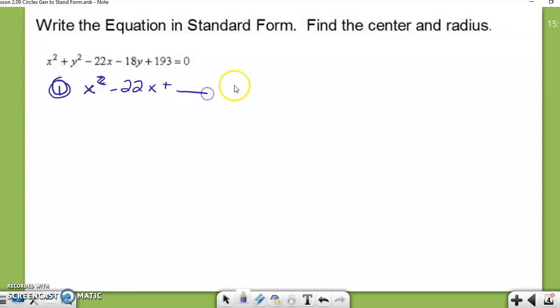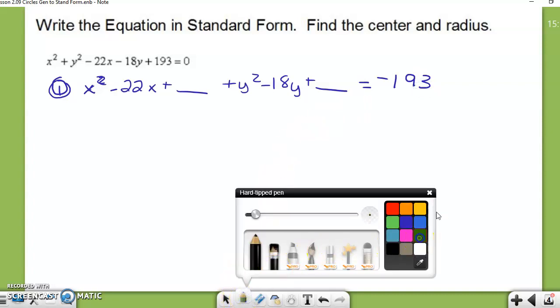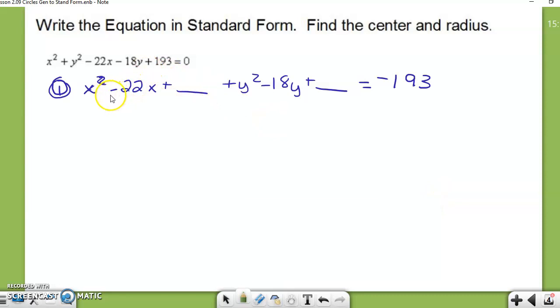Leave space to add completing the square. Space for completing the square. And now I'm going to move my positive 193 over to make a negative 193. Next step is that divide by 2. Then when I square it, divide by 2. When I square it,